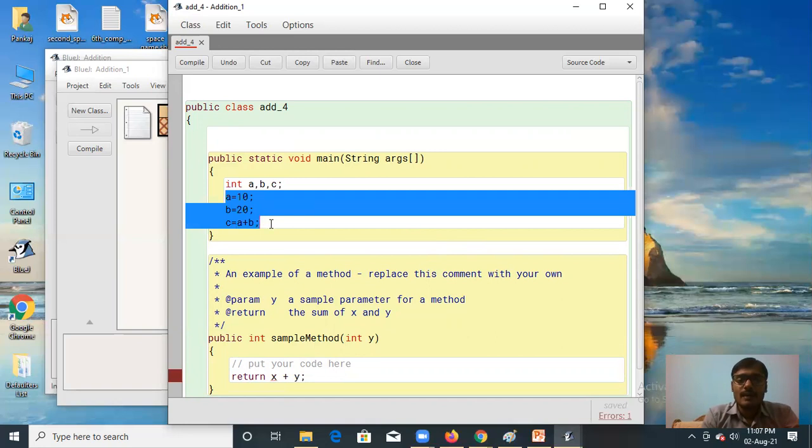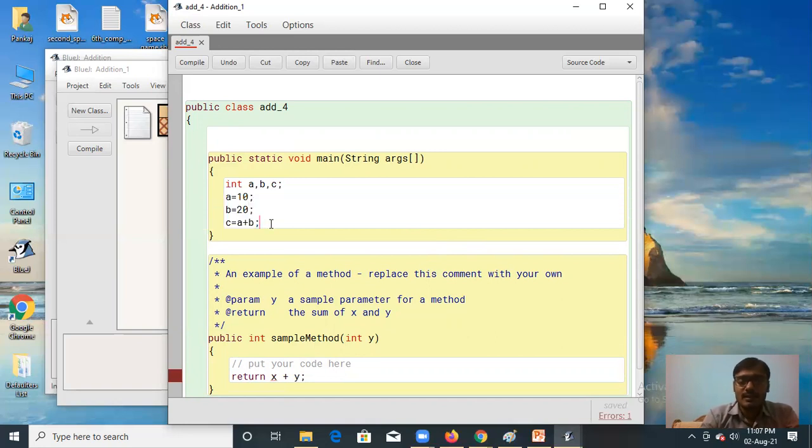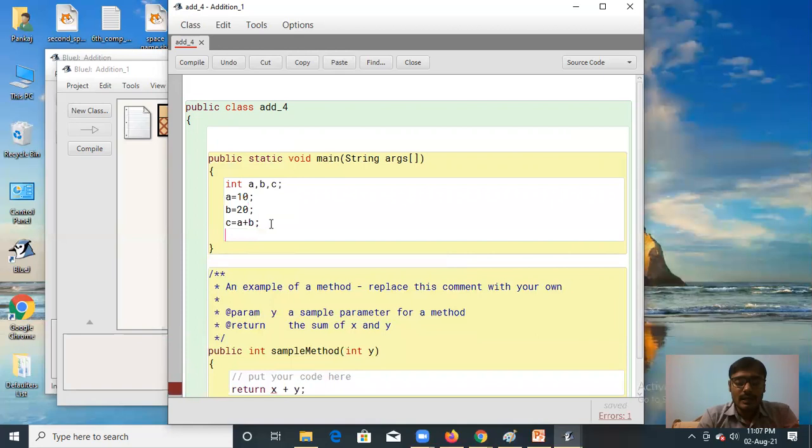Okay. Now I have to print the statement. I have to print the result c. Now I will print. For printing, we have to give the print command. This is the print command, System.out.println.